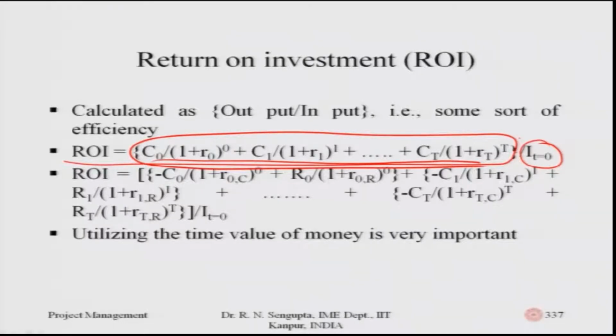Similarly, minus C1 divided by (1 plus R1,C) to the power 1 is for the present value of all the cost, again being calculated at time t equal to 0, and all the negative values basically signify that. If I go to the positive terms, which is R0 divided by (1 plus R0,R) to the power 0. Similarly, the second term is R1 divided by (1 plus R1,R) to the power 1, and correspondingly all these things. So, add up all those values, divide by the investment, which I again consider is happening at time t equal to 0, which is I with suffix 0, and then I find out